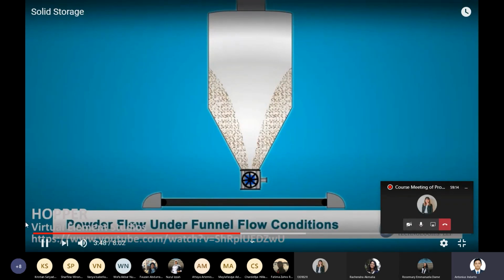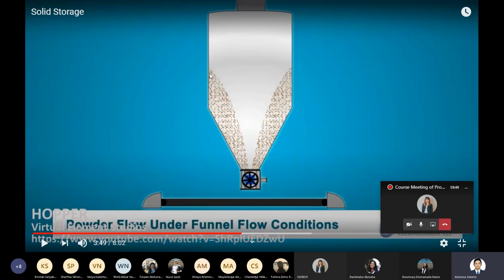But sometimes we can see this kind of problem, which is called the rat hole problem, or lubang tikus. What is the meaning of the rat hole problem? You can see here that we still have solid particles on this side. These solid particles will not go out from this rotary valve.